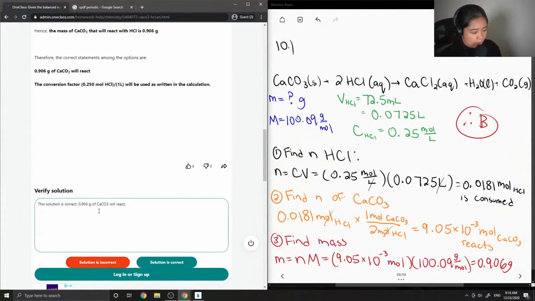I'm just going to put the conversion factor for the number of moles is 1 mole